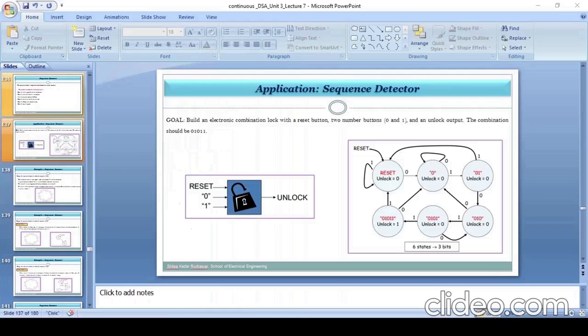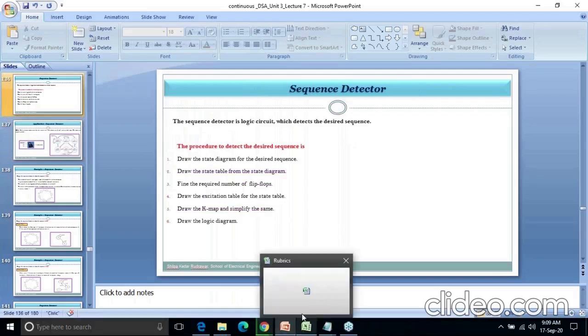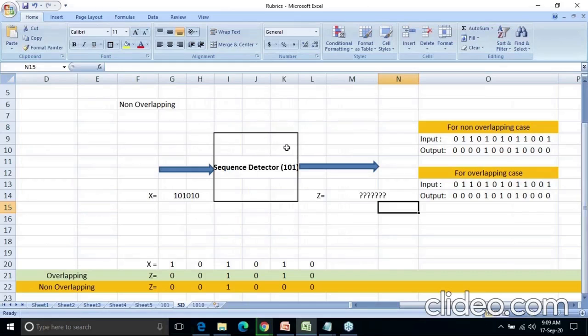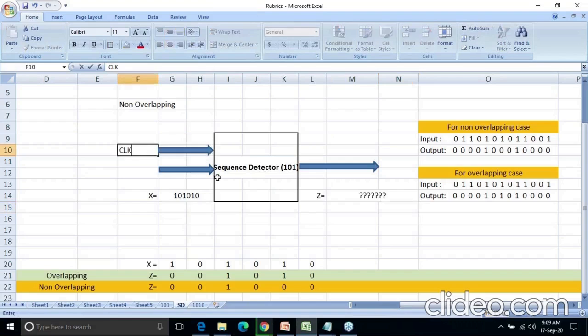Now to elaborate this, I am going towards this Excel sheet which I have prepared. Are you able to see this particular diagram of the sequence detector, where I have marked the block? I don't know what the circuit inside is, but suppose I have designed it for a sequence detector detecting the sequence 101. Is it clear? Now, what is the input to the sequence detector? As I told you, it has an input string, and it has a clock input. I am marking it over here: it is the clock on which this sequence detector, which is a sequential circuit, will work. And here is the output.